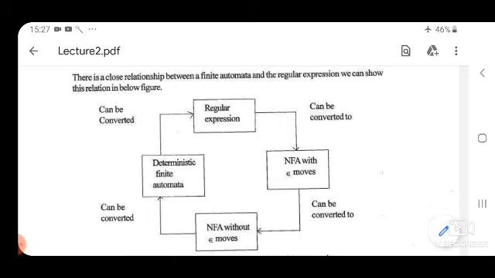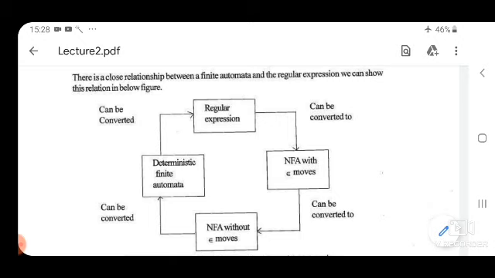in the last video we have seen some basic concepts, such as what is a regular expression, how to define a regular expression, then what are the various operators which we use in a regular expression, and the precedence among the different operators, and some simple examples, and finally some properties, or we can say identities, which we use in simplifying the regular expression.